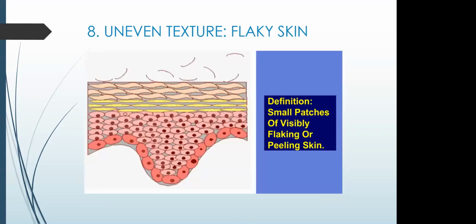Uneven textured or flaky skin. These are patches lighter than the skin color, or they look like peeling skin. The primary cause is dehydration or deep damage to the epidermal tissue from either a burn or harsh products, so sunburn, windburn, heat burn, or also glycolic acid, benzoyl peroxide, or abrasion.